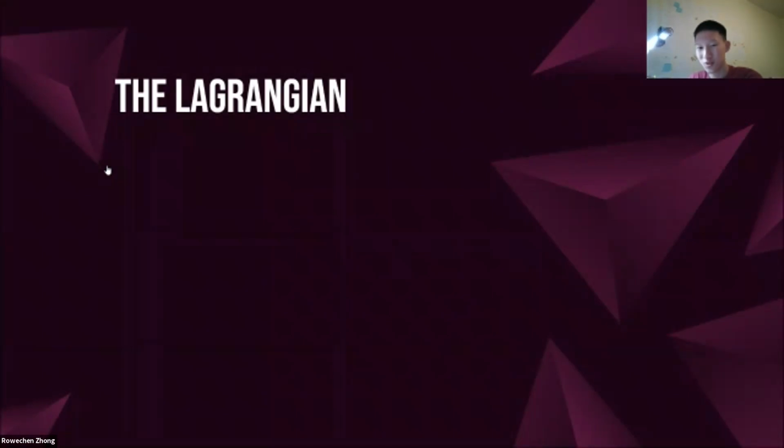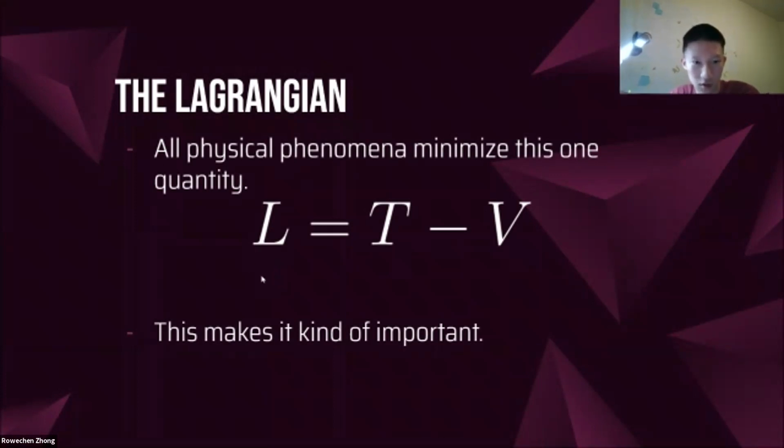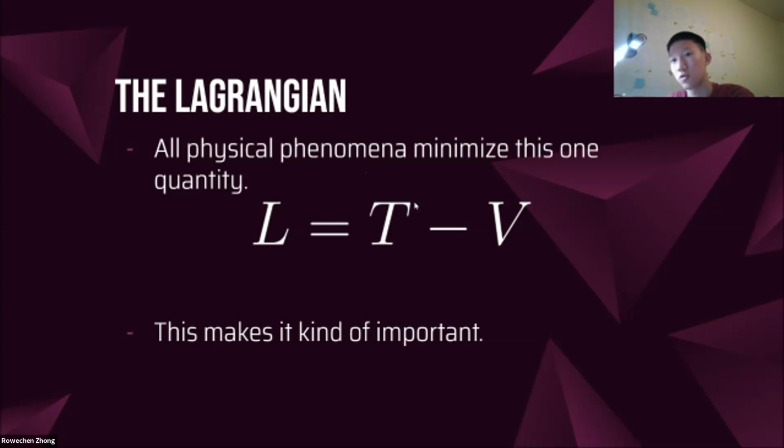That's okay. I'm sure you guys know the Lagrangian. What's the Lagrangian? All physical phenomena and all physics. Remember how I told you guys that F equals ma was the solution to all physics problems ever? Well, turns out to not be very useful. Well, it is useful, but the hard part ends up being figuring out what the force itself is. And here's a way to do that with energy. You use energy in order to figure everything out.